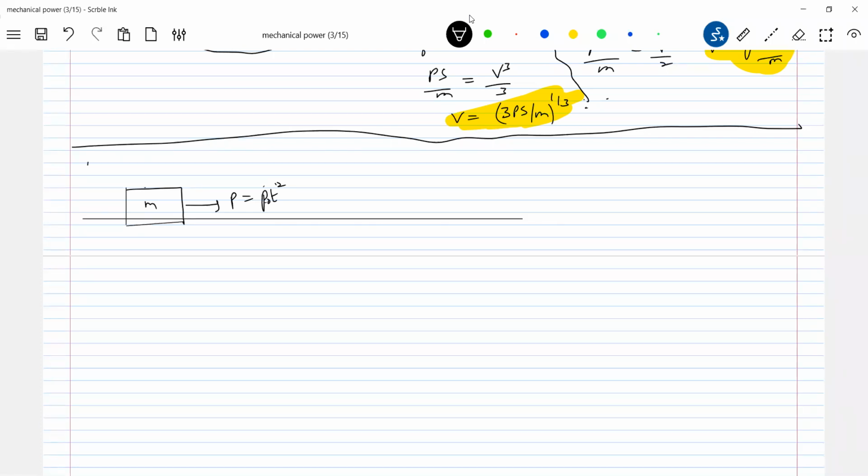And now this is at t equals 0. Let it be at rest. Or if you want, you can bring initial velocity. I'll give like this. So look at the power which is acting, it is a function of time. So after some time t, I'm asking you some parameters like the power